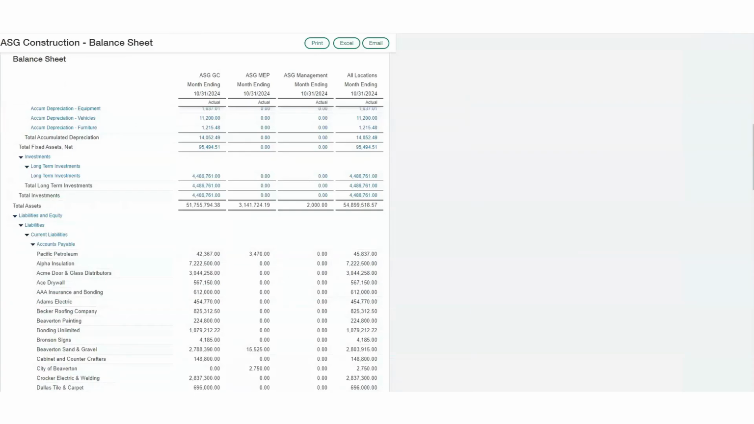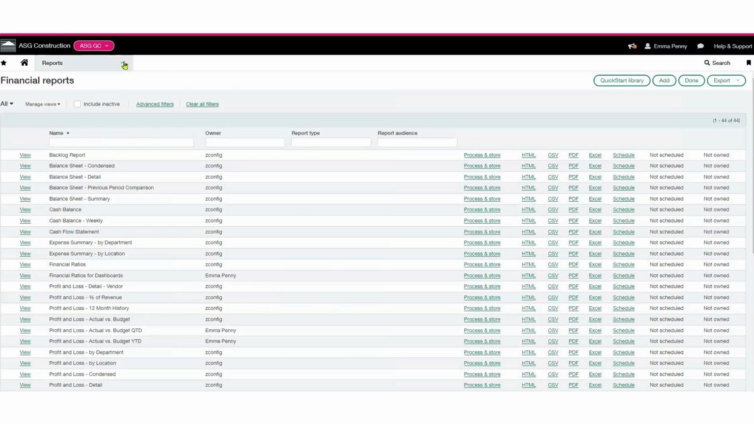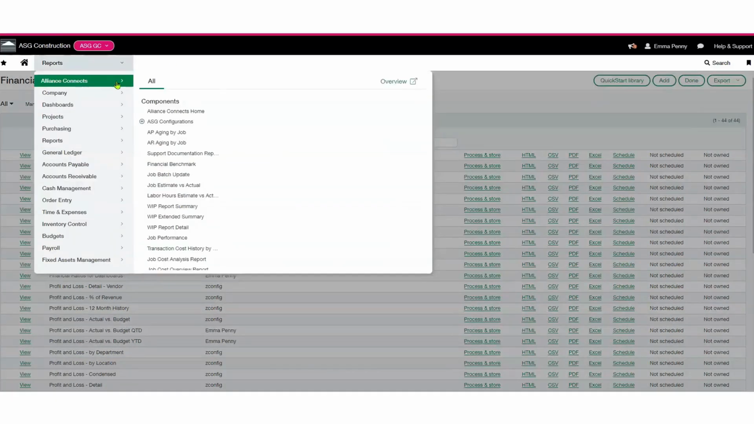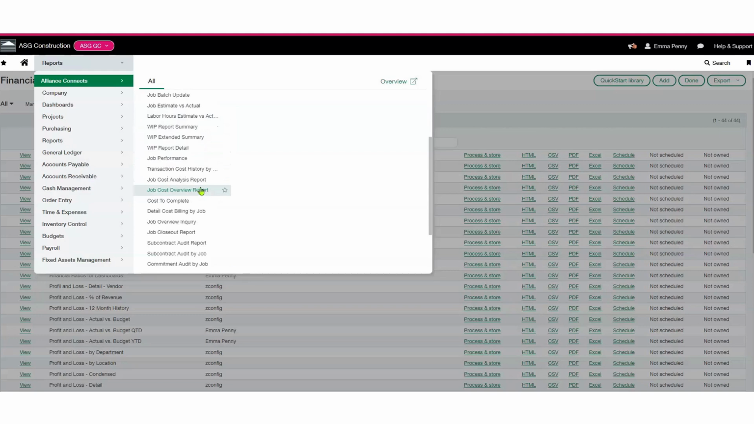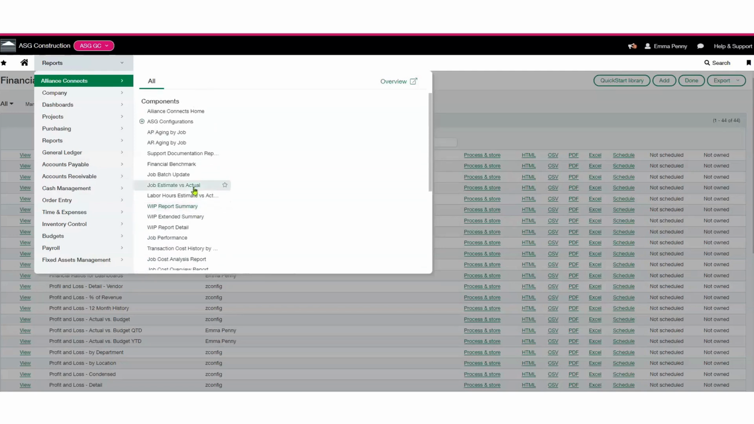Additionally, as part of being an Alliance customer, you become part of Alliance Connects. Alliance Connects is our IP to enhance our customers' experience. And so you can see here in Alliance Connects that you get several job costing reports, like your job estimate versus actual. I also can pull a commitments report, for example, subcontract. I can also do a cost to complete. So several reports that I have available here in this